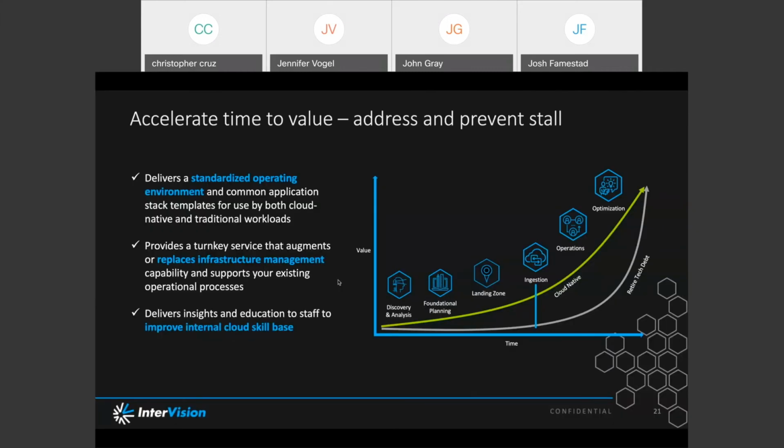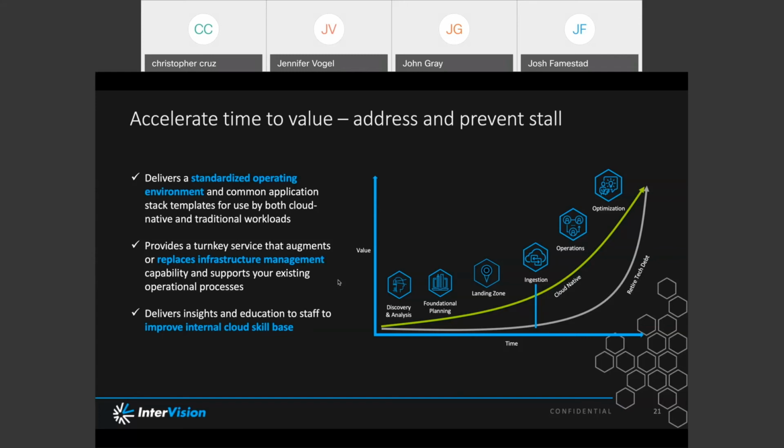Thanks, Josh. Yeah, so if you think about this sort of solution, what it does is it helps accelerate organizations up the curve. When I first started talking with Amazon about this service, they had implemented it for some of the largest companies in the world. And now with us, we're starting to help them roll it out to small and mid-sized companies. Once you start getting workloads into the cloud, it helps you move on to the next group of workloads. So it gets you up the curve beyond the discovery, the foundational planning, and the initial ingestion of applications, so that you can then accelerate.